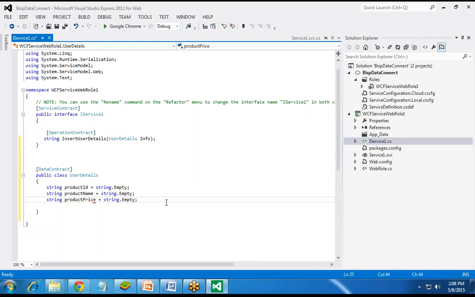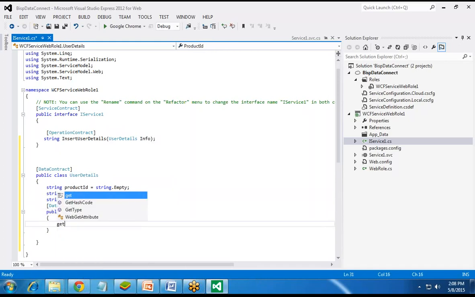After this we need to create data members. In the data members I define a public string ProductID, and I set the values get and set.